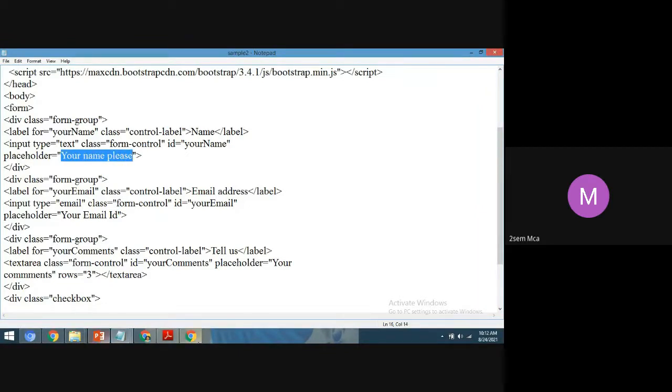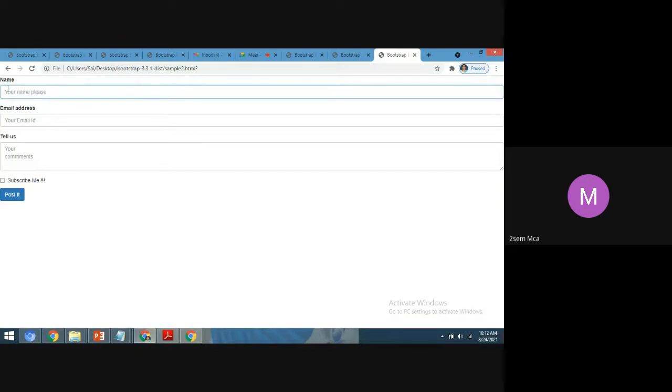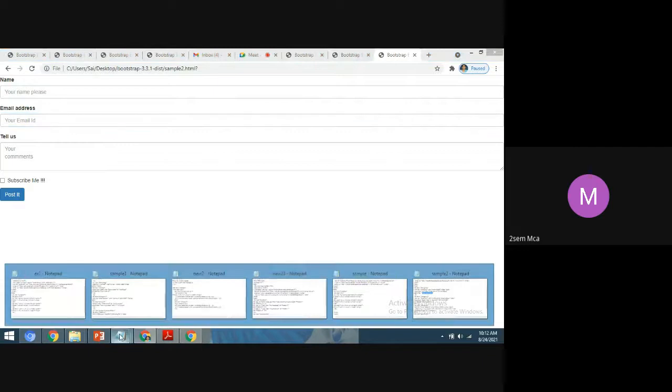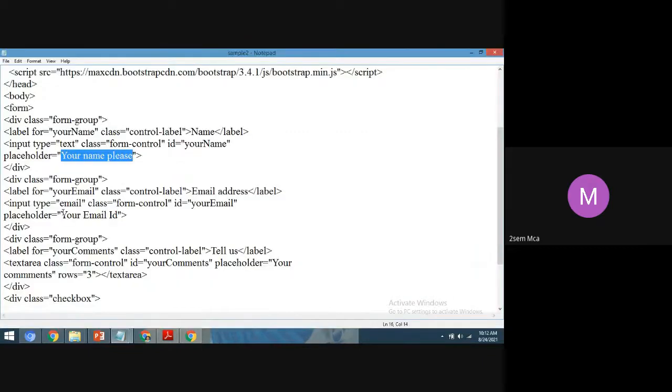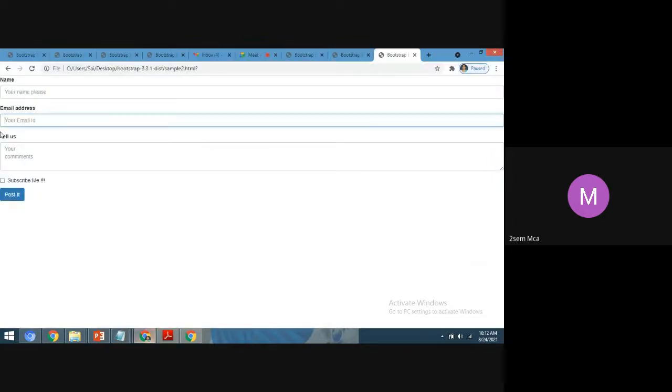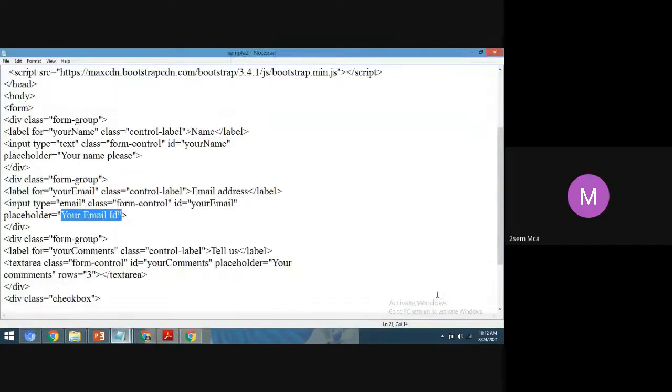So it is displaying here: your name, please. Email address: your email ID. See, in the placeholder, what I have given, your email ID. And next, tell us. For tell us, I have given the placeholder value: your comments, if you want to add any comments.